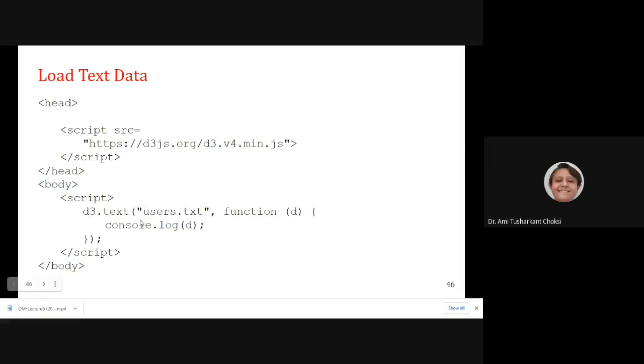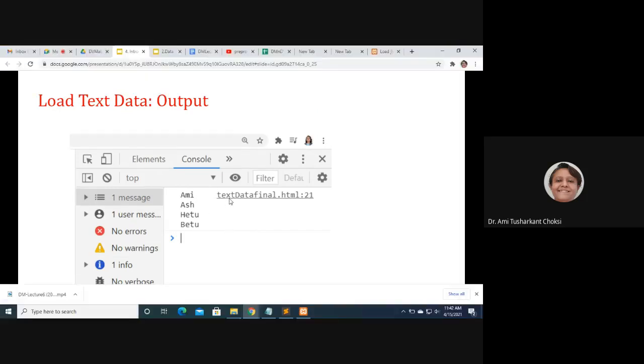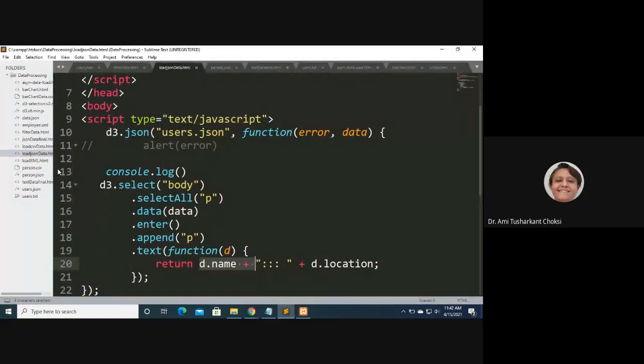We can say d3.text users.txt and function d where we have console.log. So we'll be able to have the output, which is whatever the contents of our text file are. Let's see that in the editor and then in the browser. Load text file.